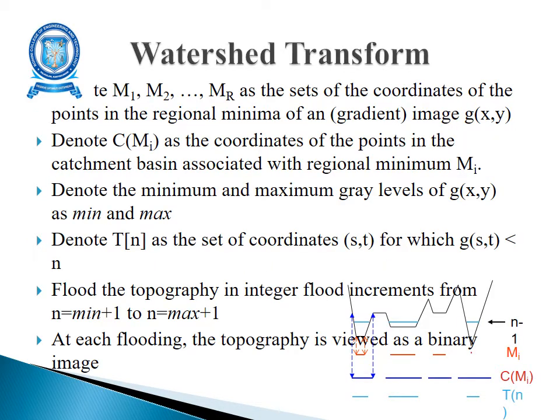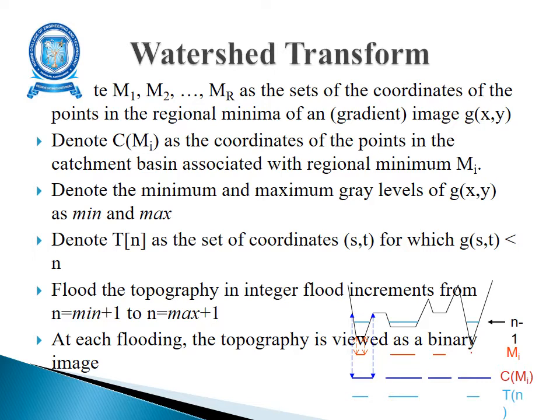Next is the watershed transform. We denote M1, M2 and MR as sets of coordinates in the regional minima of a gradient image G of x comma y. We also denote C of Mi as the coordinates of the points in the catchment basin associated with the regional minimum Mi, and we denote the minimum and maximum gray levels of G of x comma y as min and max. Then we denote T of n as the set of coordinates s comma t